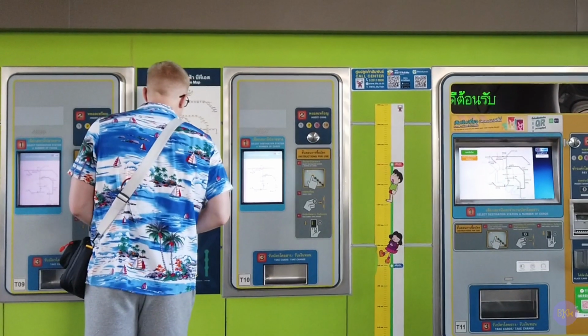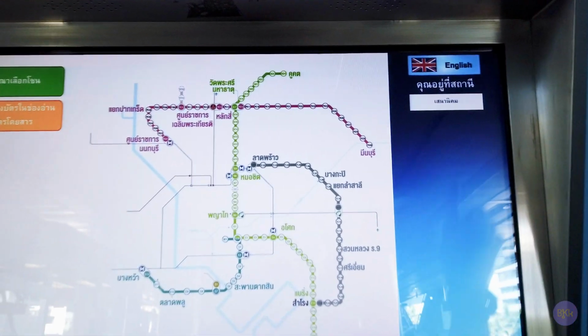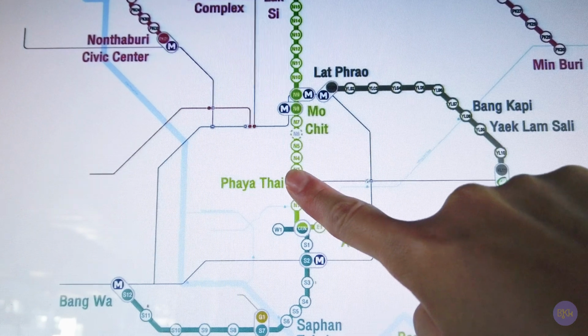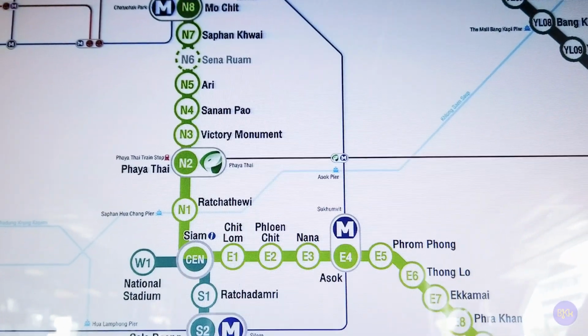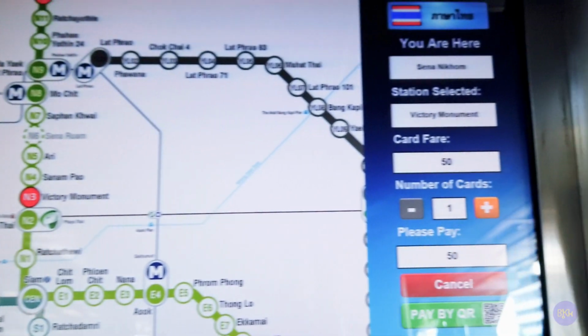To purchase a ticket for a single journey, simply use the vending machine. You can switch the system language between Thai and English. On the map, point to the rough area of your destination. As the map zooms in, click on the button corresponding to your destination, and the fare will be displayed in